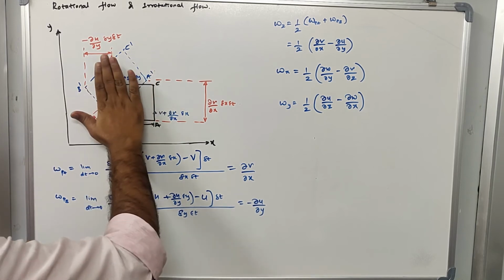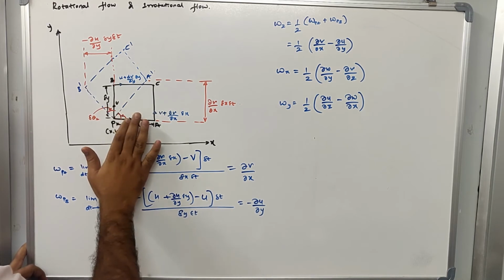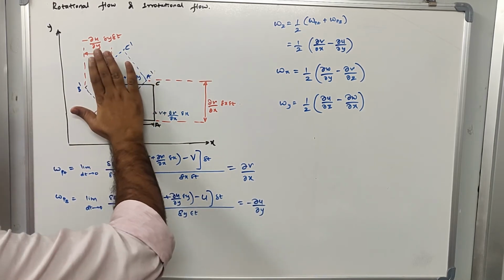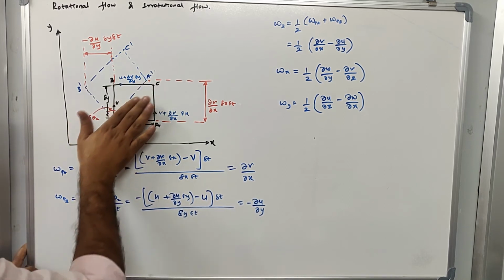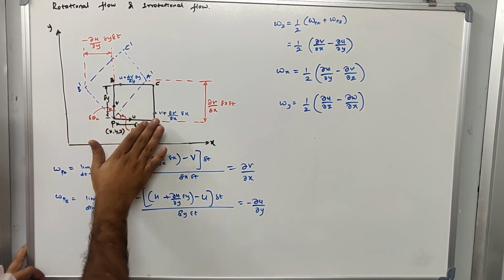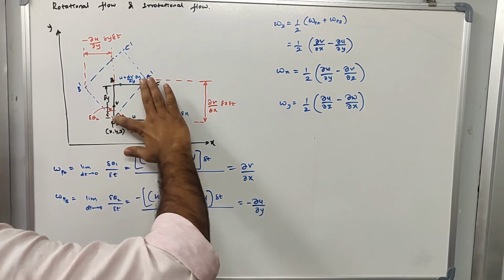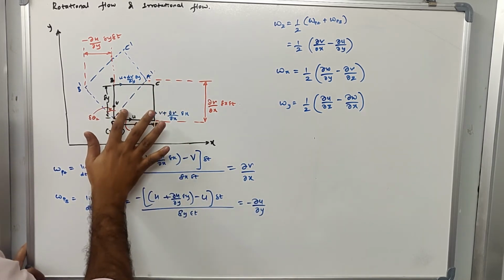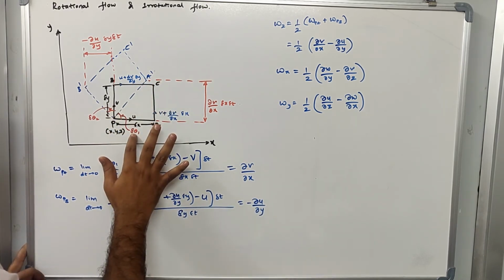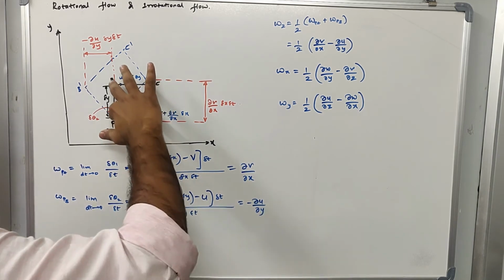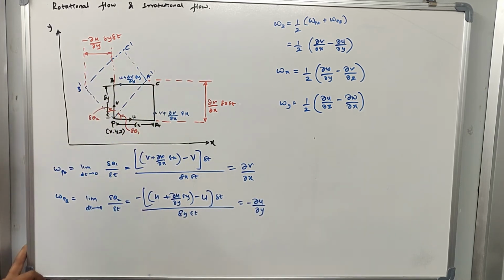Okay, if it rotates over here, when it rotates it changes its position. It rotates around this axis. Because of that, you can see that there is an angular deformation. At this axis, the line PA will change to a new position called PA dash. The angle between PA and PA dash is delta theta 1. Now the angular deformation between the line PB and PB dash is delta theta 2.